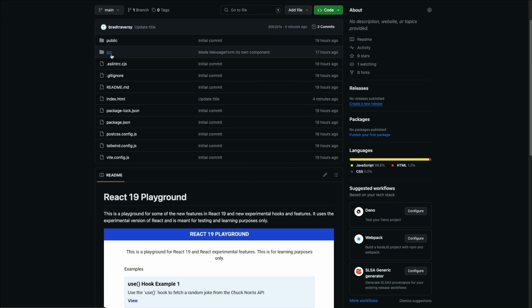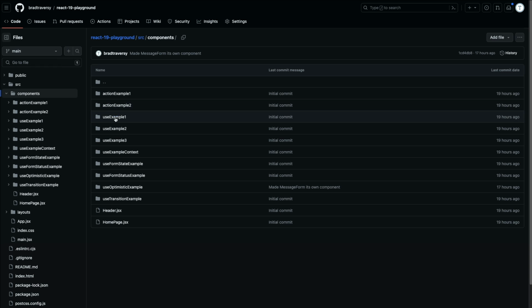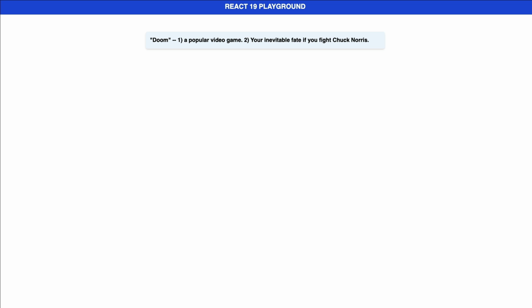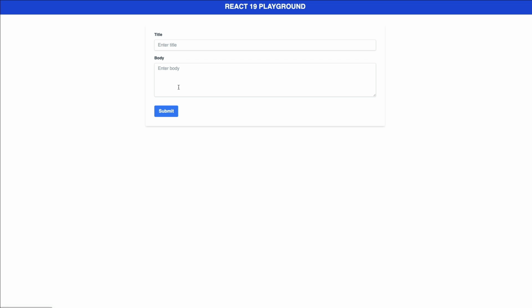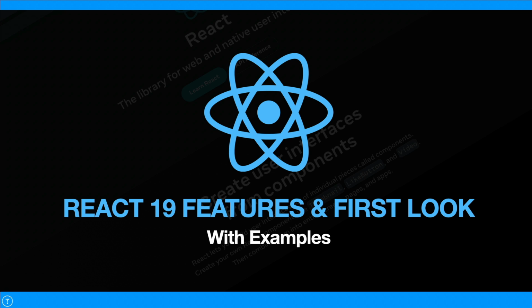All right, so the GitHub repo with the final code for this video will be in the description. It's basically what we're going to build is just a bunch of tiny projects that use some of the newer features that React 19 will use. And some of this stuff has been in the Canary builds for a while, but they're set to be stable for version 19. All right, before we do that, though, let's talk about some of the major changes in React